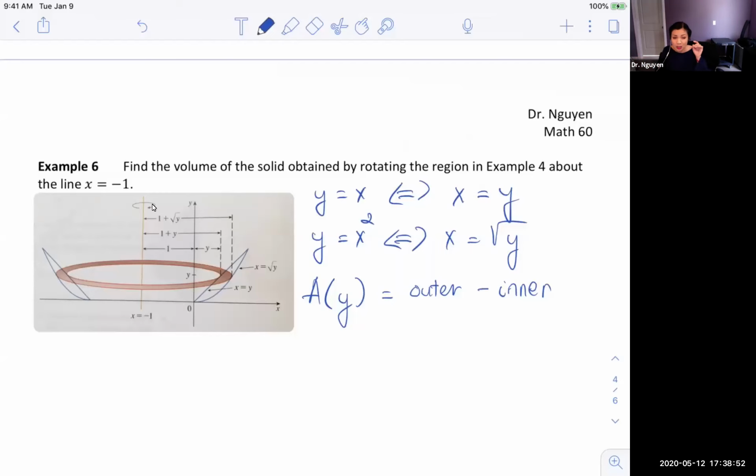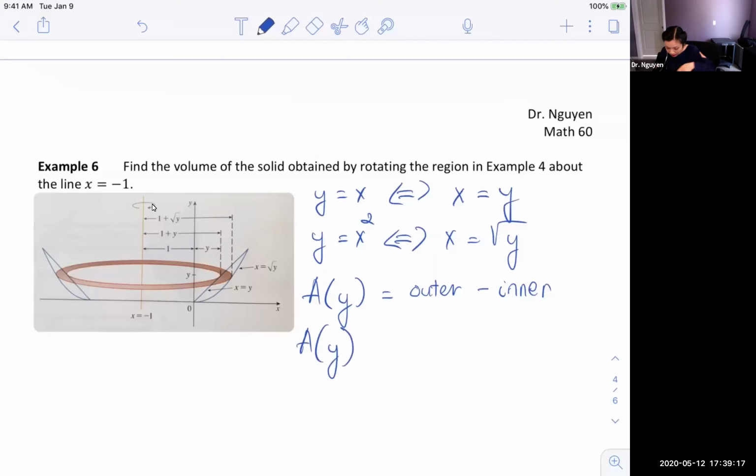However, we're not doing this with the y-axis. We shift it to -1. So you have to calculate the distance from that line, which is -1, all the way to y and all the way to square root of y. Therefore,